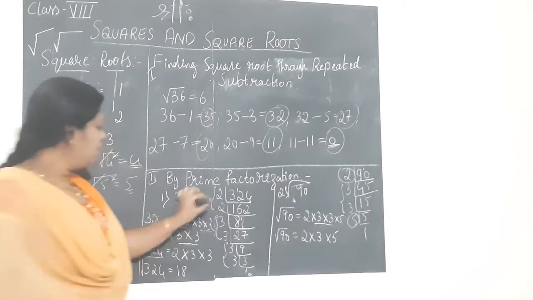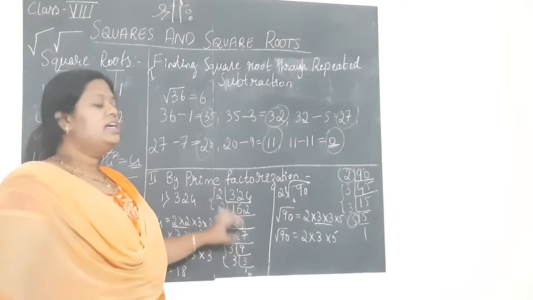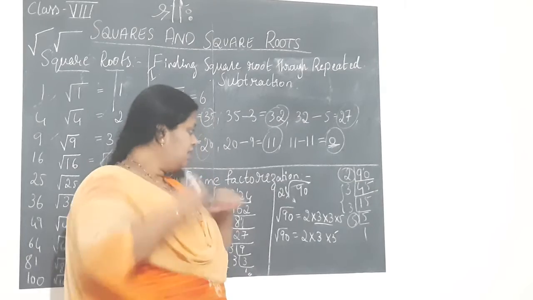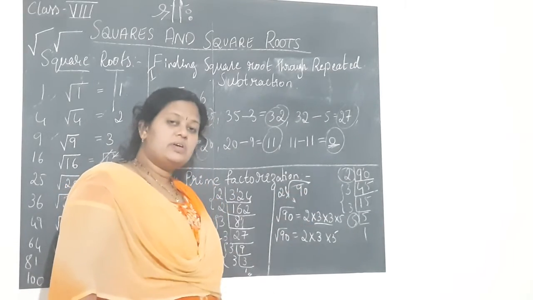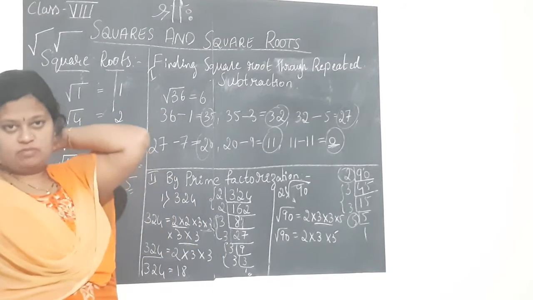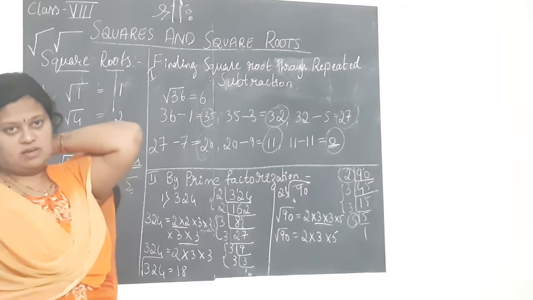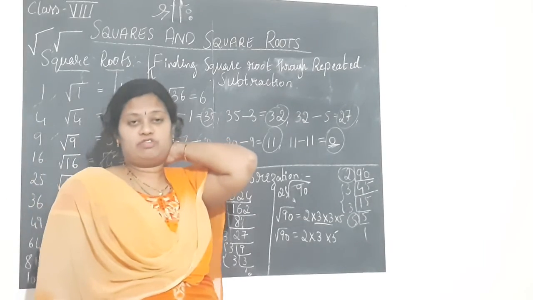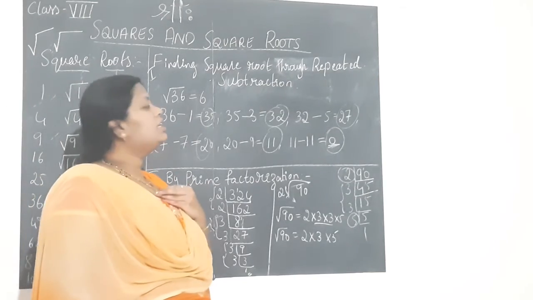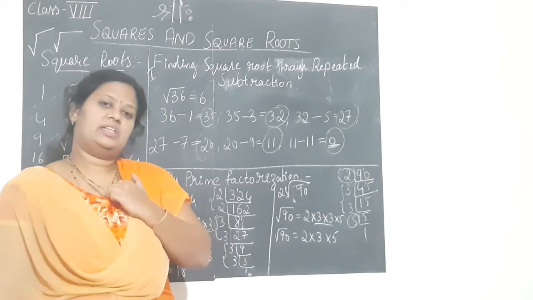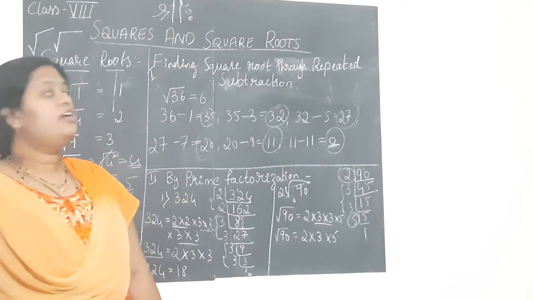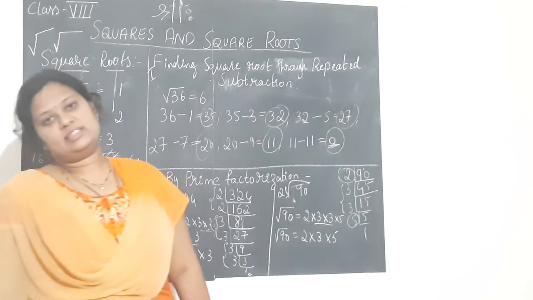If we get primes in pairs like this, then we say the given number is a perfect square or it has a perfect square root. But when we are not getting pairs and getting single numbers like this, then we say the given number is not a perfect square. That is how you find the square root of a given number and also find whether a number is a perfect square or not by prime factorization method. And also one more method we learned is the repeated subtraction method. So with this background, children, now let us start with the next exercise, 5.3, which is a very easy exercise again.